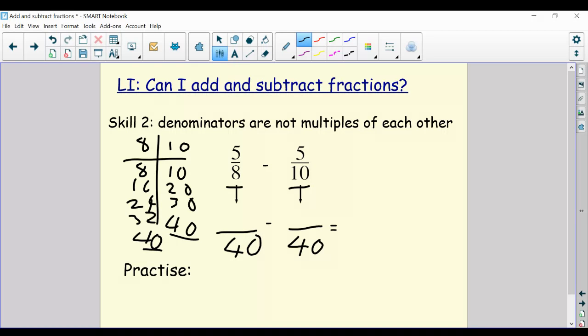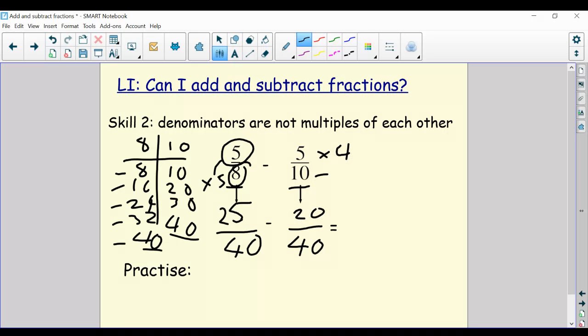So for the fraction with 8 as a denominator, we need to multiply by 1, 2, 3, 4, 5, because it's 5 times 8. So 5 times 8 made 40. Now we need to do 5 times 5 so that the same thing happens to the denominator and the numerator. So 5 times 5 is 25. So these two are equivalent fractions. And for the 10, we need to do 10 times 4 to become 40. So now we need to do 5 times 4